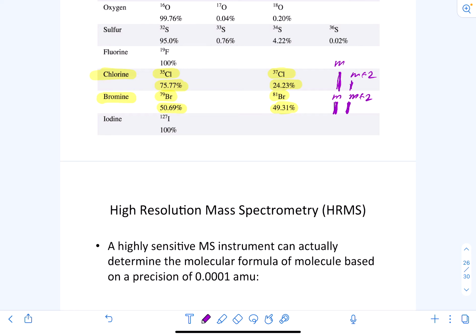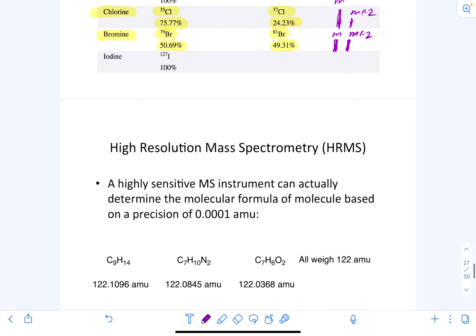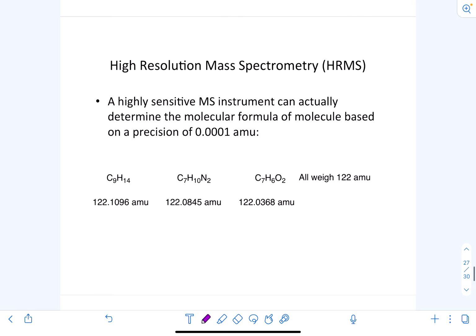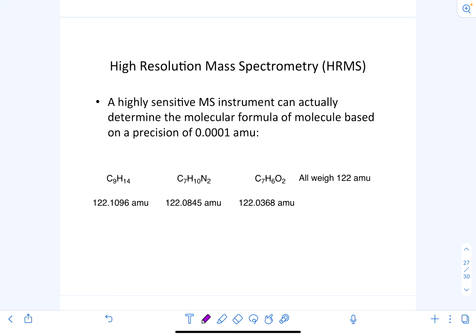I do want to pause here, though, and take a look at high-res mass in just one brief slide. Because these instruments are so sensitive that they can actually detect isotopes, we can make use of this in a productive way using a technique called high-resolution mass spectrometry. This is a special mass spec instrument that can determine the molecular formula of molecules because it can measure all the way down to